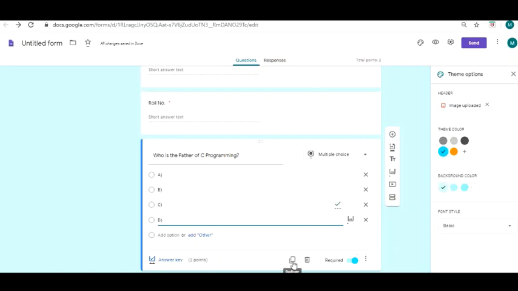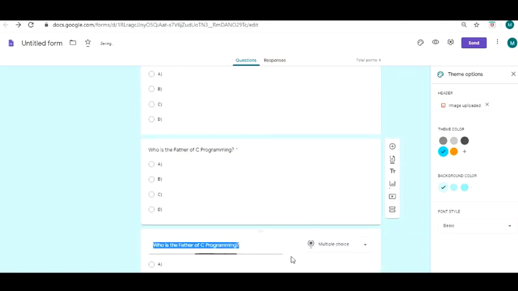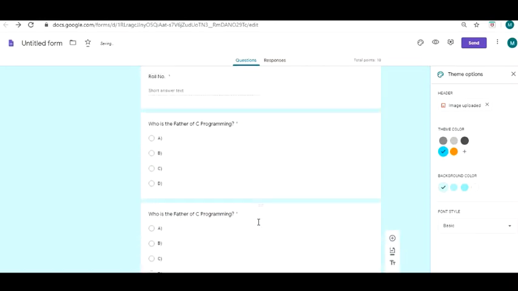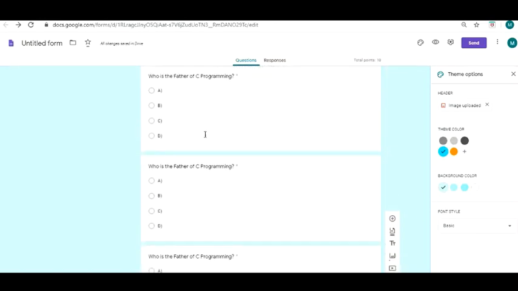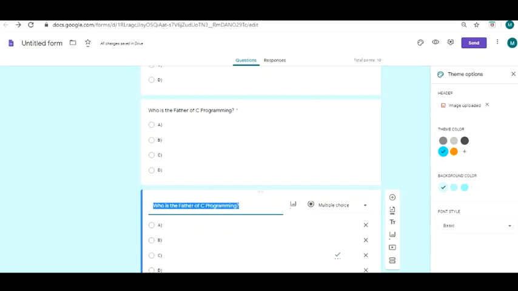Alright, and then just click on duplicate. So if you want it repeating 5 times, say 1, 2, 3, 4. So you will have the question once, the question 2 times, 3 times, 4 times, 5 times.